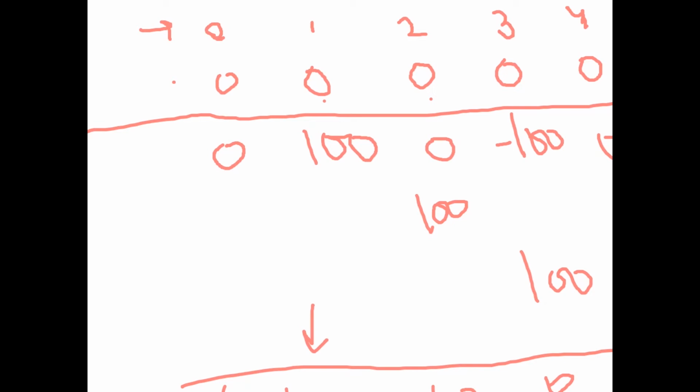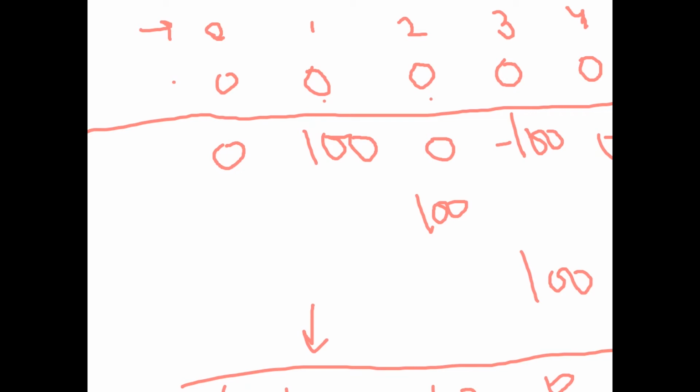Okay, let's start from the beginning. See, I'll calculate the prefix sum. So this would be 0, this would be 100, 100 plus this value would be 200, 200 plus 0 would be 200. Here also we would be having 200, 200 minus 100 would be 100, and then 100 minus 100 would be 0, and then 0. So I guess this was the initial array that we were getting with the naive approach.